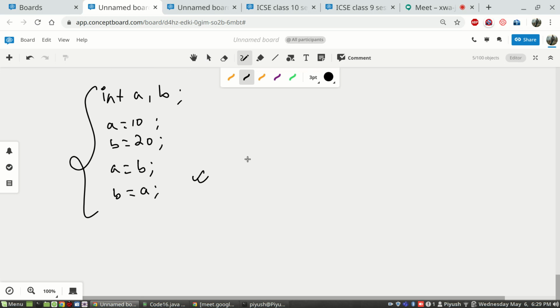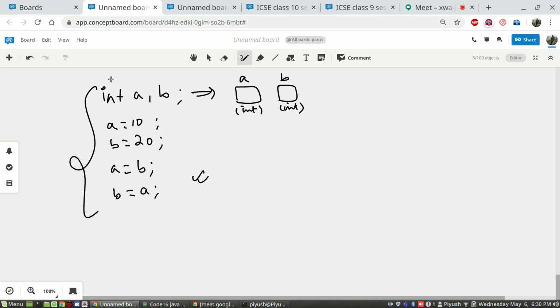What happens is, here two boxes are created because of this, labeled as A and B, specifying that you are going to store integer values only in them. This will store an integer, this will also store an integer, right?